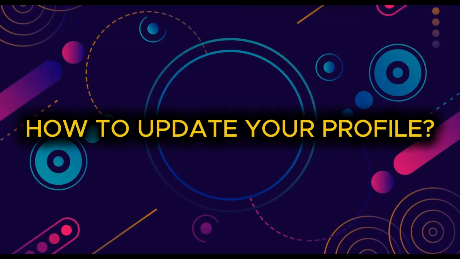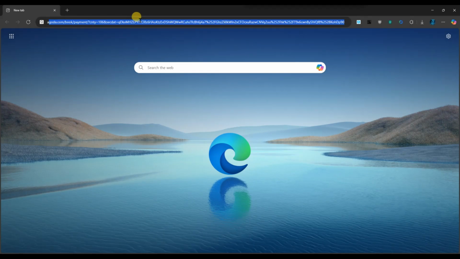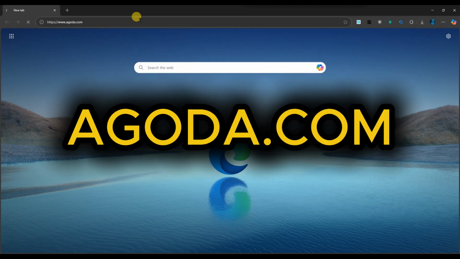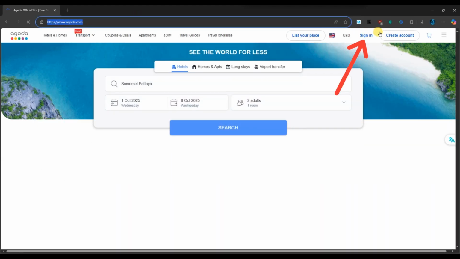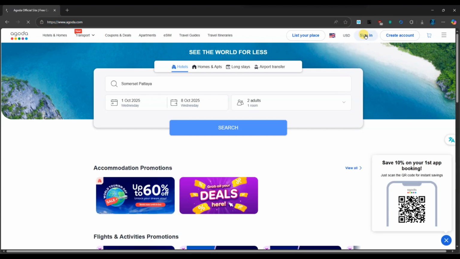How to update your Agoda profile. First of all, open your preferred browser and go to the official website at agoda.com. On the top right corner, click on Sign in and log into your Agoda account using your email, Google, Facebook,